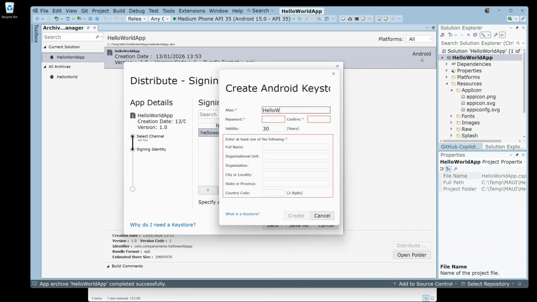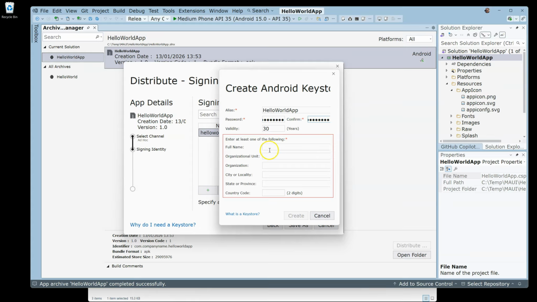So then Hello World App or something. Then we need to specify a password, and we make sure to select a password and remember it for later use. So then I just create a password and confirm it